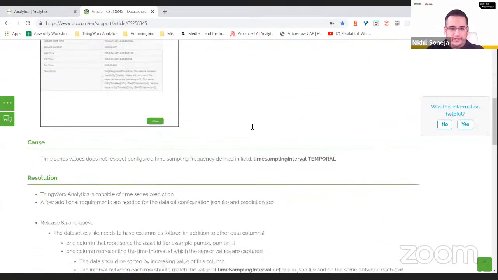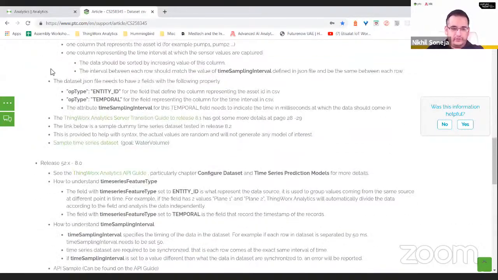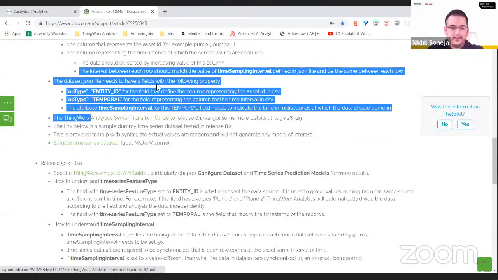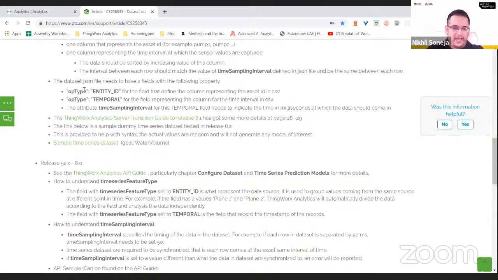So it tells you how you can handle this. It gives you these important points. The data set that you handle has to have a field for entity ID, which is how it segregates data in case you have multiple devices in the same data set. Entity ID is necessary to identify which one you're working with, because obviously they will have separate things. And you need a temporal ID field, which indicates the sequence. These are all important, and you'll see that once we actually work with it.